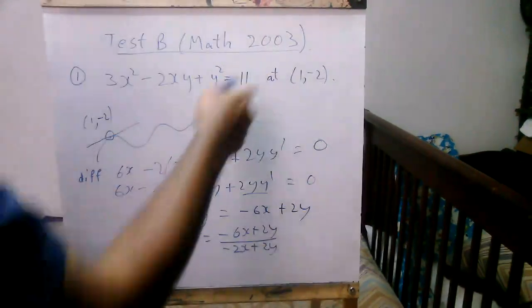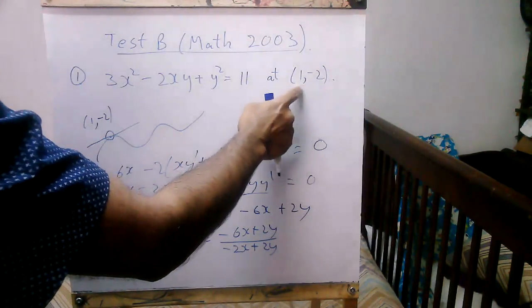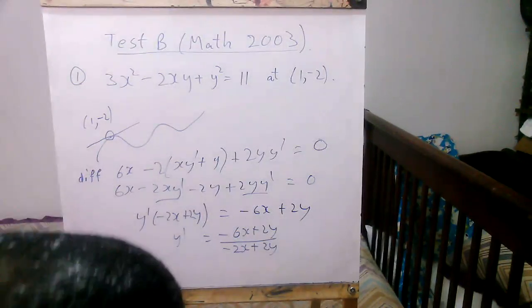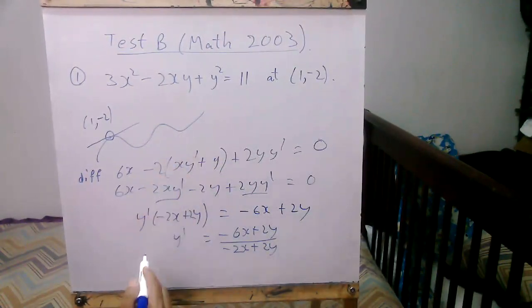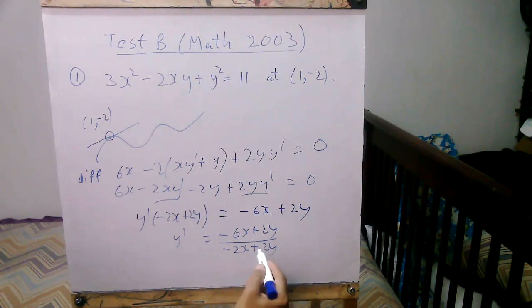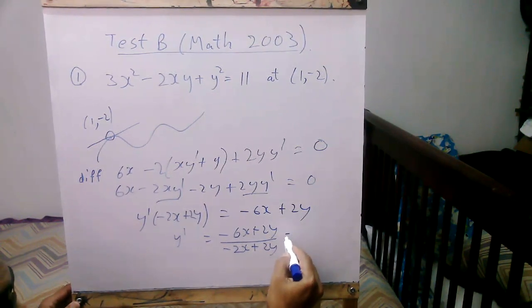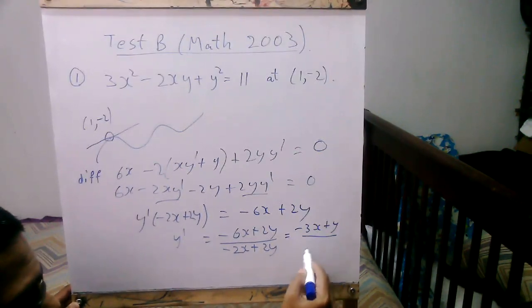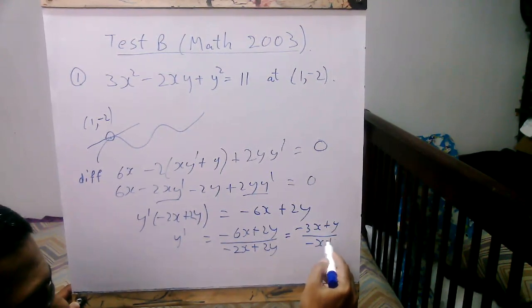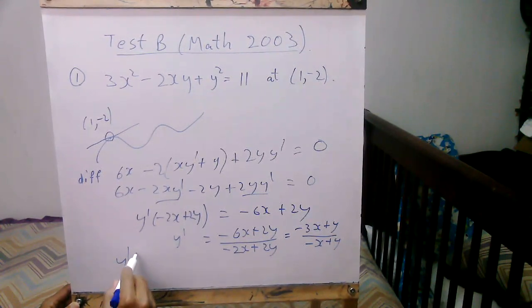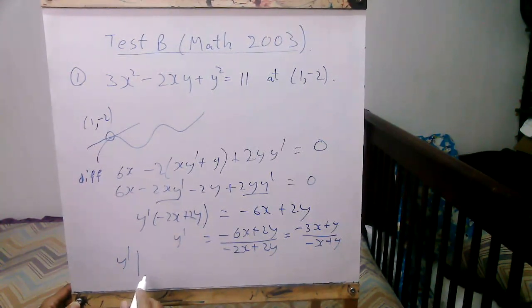We can do that before we substitute the coordinates of this point, or since these numbers are not too big, we can substitute them directly. If you simplify, divide both top and bottom by 2. Then we get (-3x plus y) divided by (-x plus y). So y prime at (1, -2)